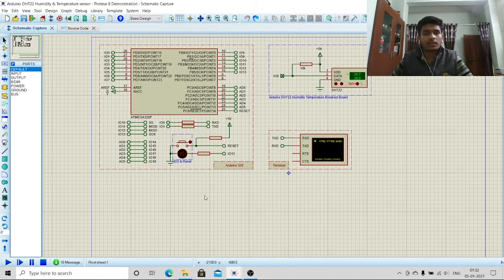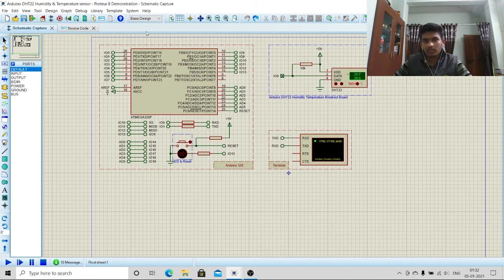I am here with my DIY lab project 3, in which we have to simulate how an Arduino can work with different sensors and give output results, and how it manages the input and output of a sensor, and how we can control it using code known as Arduino language. I will start my first project, which is the Arduino DHT22 humidity